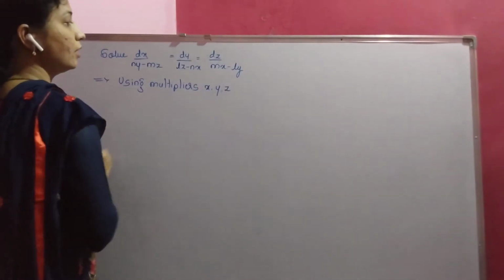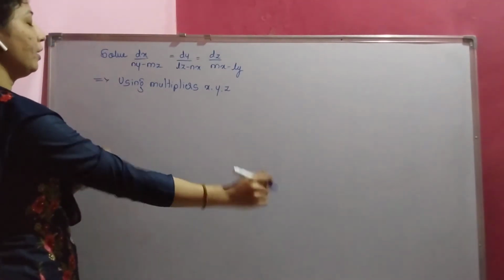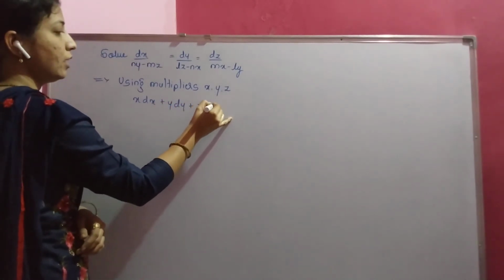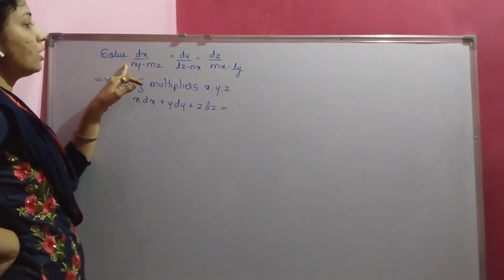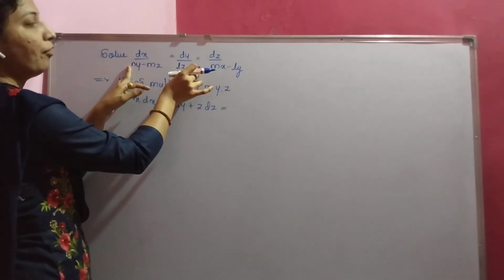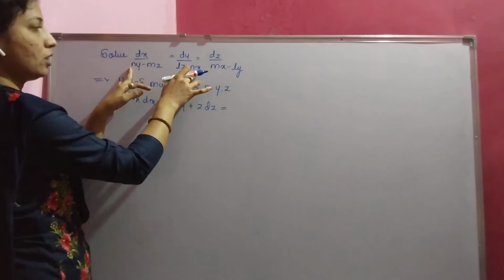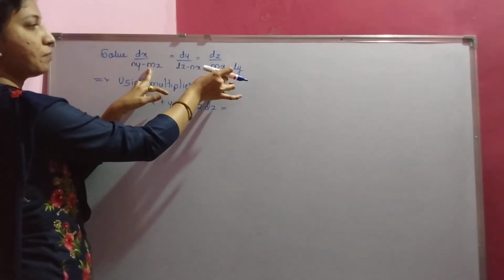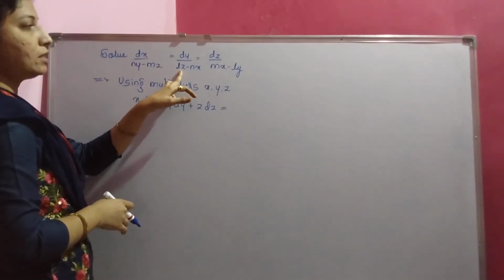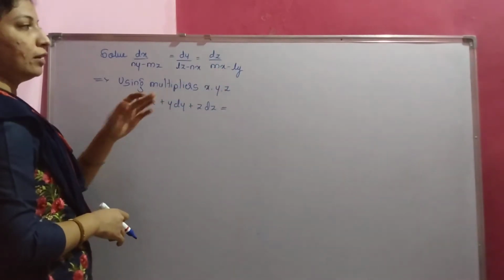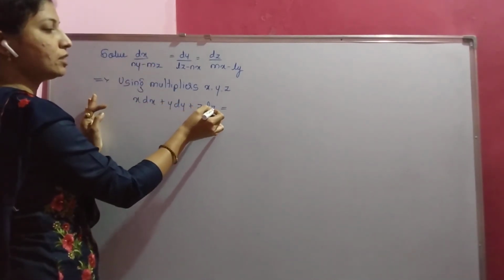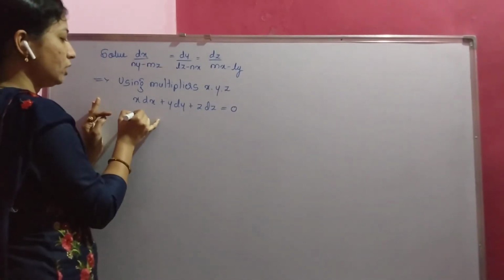using the multipliers x, y and z, the numerator becomes x dx plus y dy plus z dz, and the denominator term is x into ny, and here it is multiplied by y, so it is minus nxy plus nxy, minus nxy gets cancelled, and here it is mxz, and this term is multiplied by z, so again it is mxz, minus and plus terms get cancelled, so here it is minus plus lyz, and here it is minus lyz, both the terms get cancelled, so the denominator becomes 0, so that can be written as x dx plus y dy plus z dz is equal to 0.